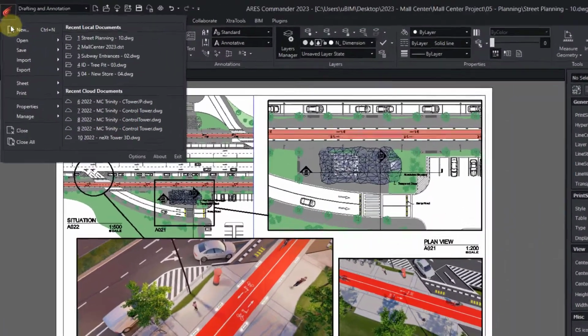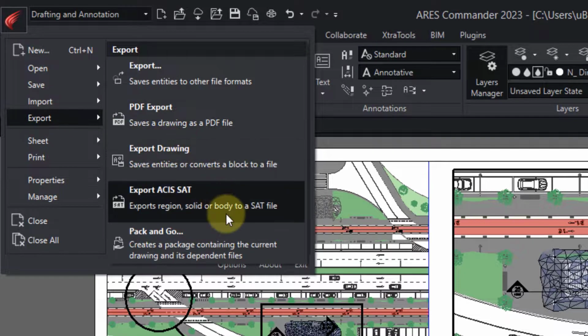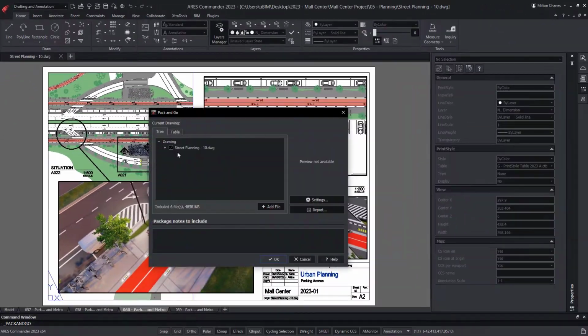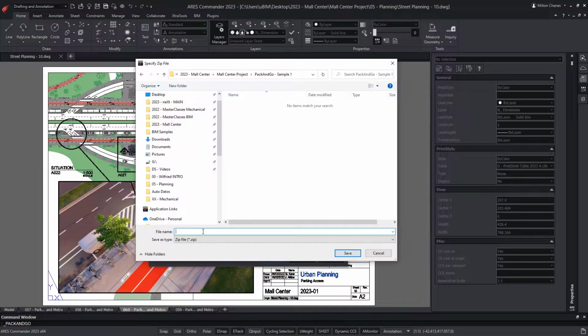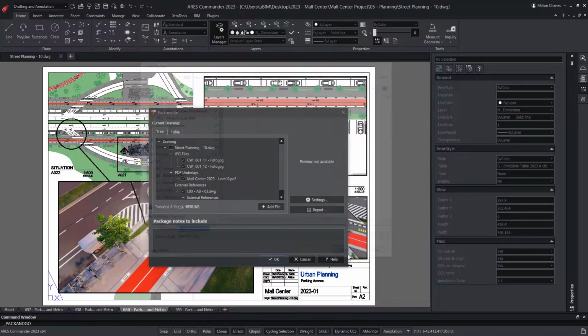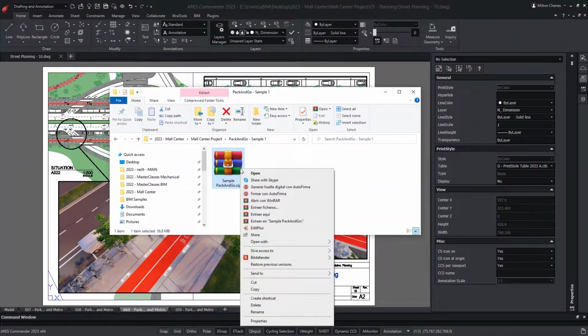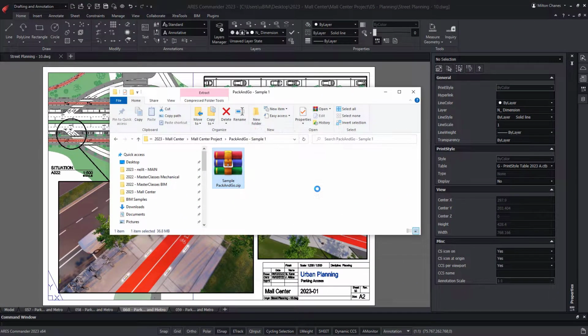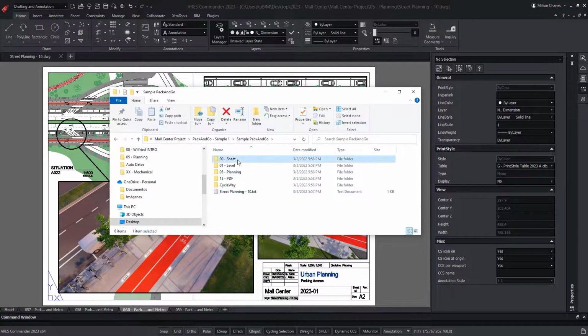The Pack and Go function allows you to create a zip file of the main file along with all the references used in that file, linked with relative paths and maintaining the directory structure. When a user shares this packaged project with another, the recipient will be able to open the main file, including all external references, inserted images, etc., without fear of losing any references and maintaining the original folder structure.